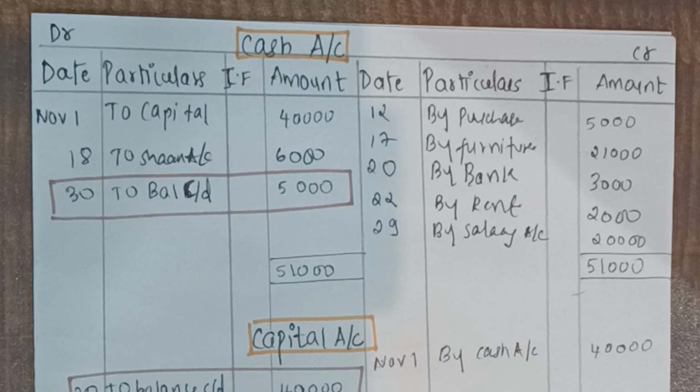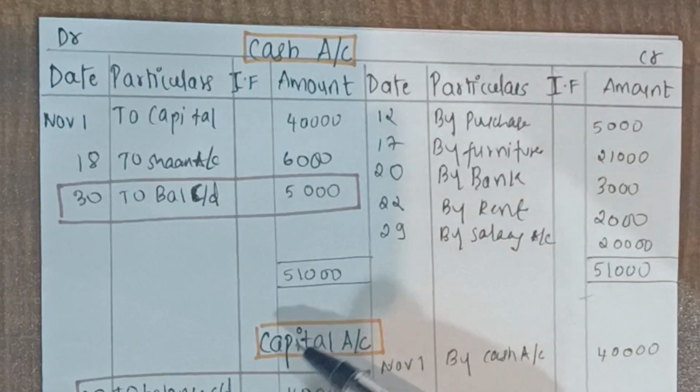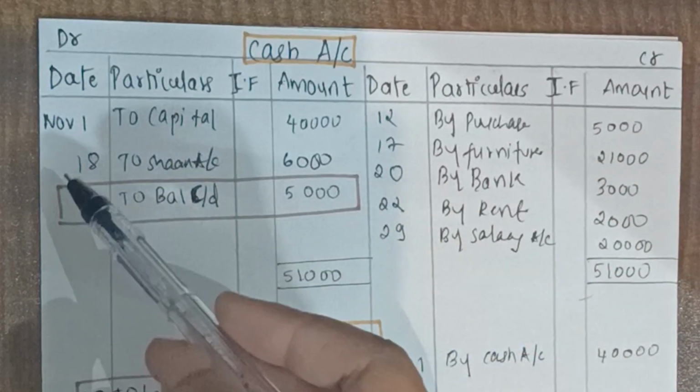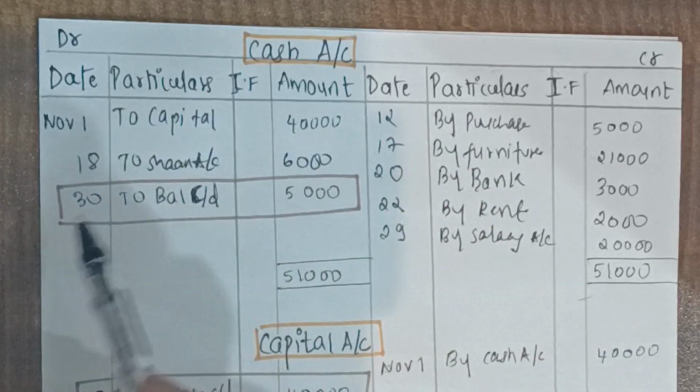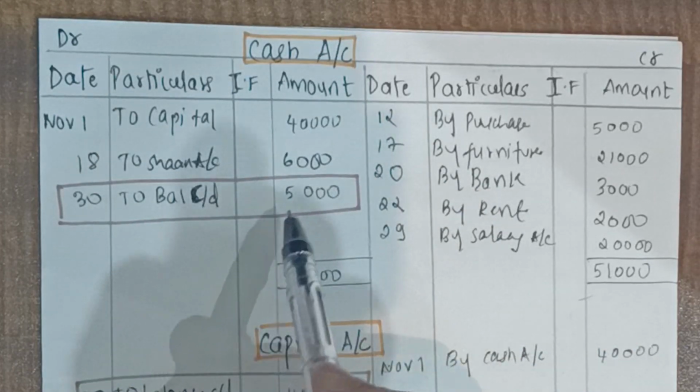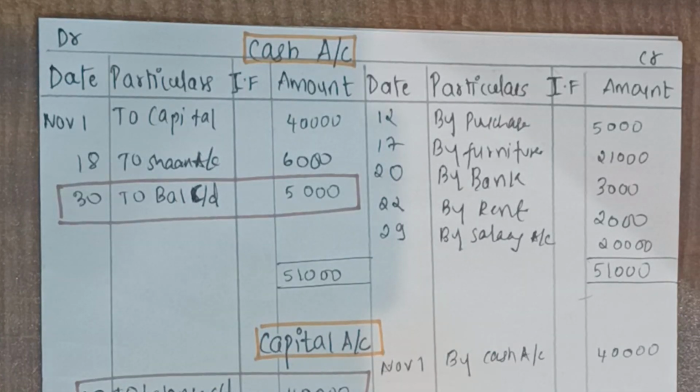As you can see, on the credit side I totaled it up and I got rupees 51,000, and on the debit side I have only 46,000. So what I have done is I have written 51,000 here on the credit as well as on the debit side, and this is the difference. You can see that I have put a box with a brown pen. So this amount is the balancing figure. So we will always write it as to balance carried down. And the date I have taken as 30th because we have to always take the last day of the month. Okay, so I am recording for the month of November, so the last day is 30th.